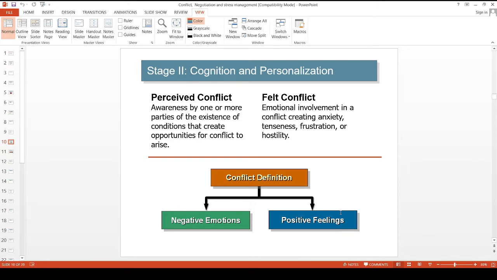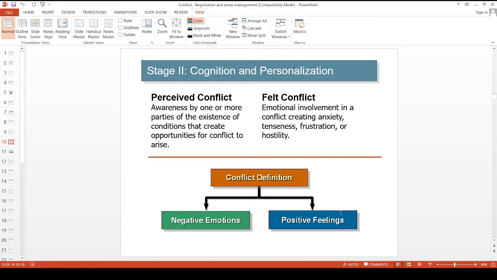If the manager has negative emotions, it will reduce trust. It will lead to negative interpretation of the other party's behavior. But if the manager has positive feelings and positive emotions, he will try to develop something positive from this conflict. He will develop more innovative solutions in order to satisfy both of these conflicting parties. So while resolving and personalizing the second stage of conflict, managers will always try to be innovative, and they will try to get something positive from that sort of conflict.